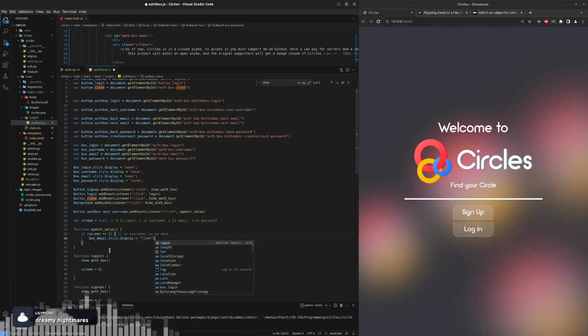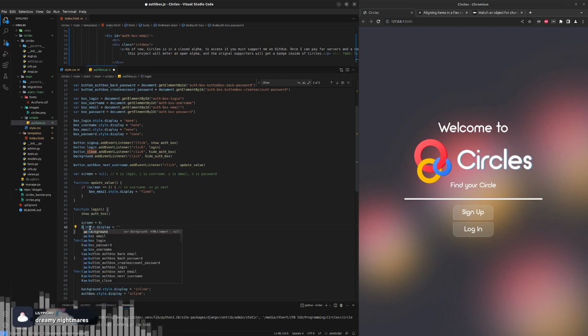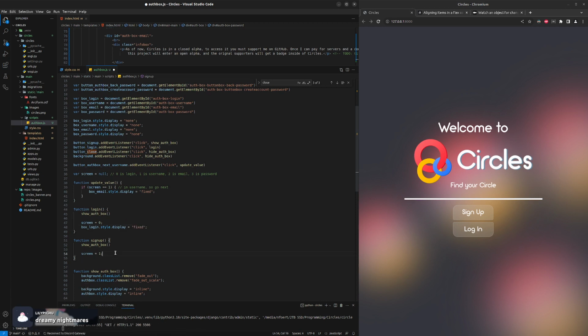And then log in, obviously set, we want box login. And then sign up should have